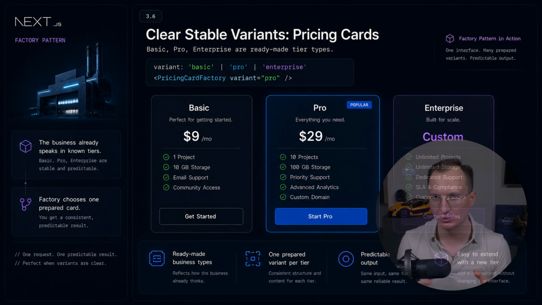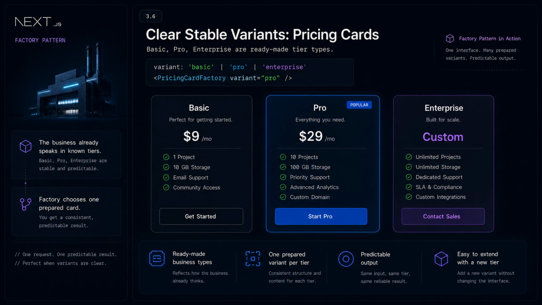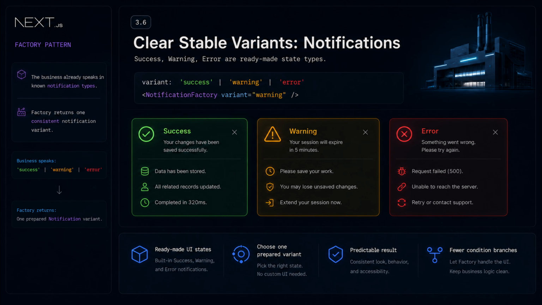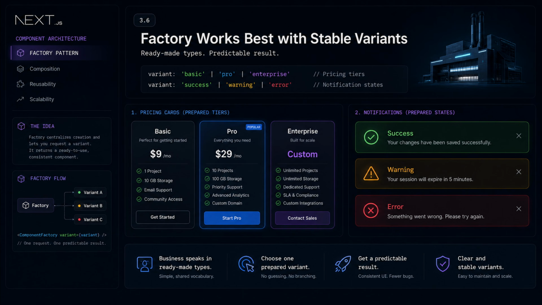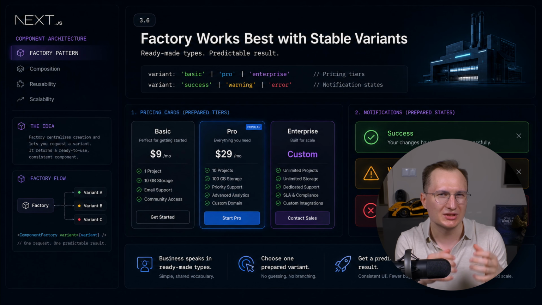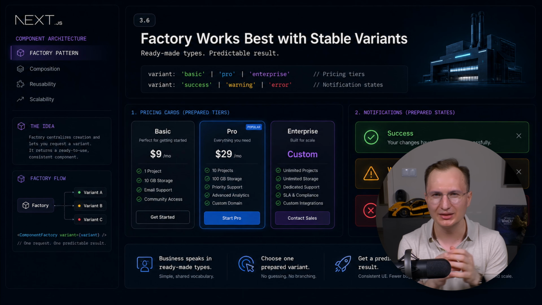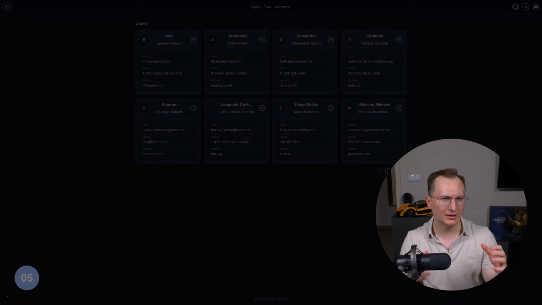And this is where factory works really well. It's great when we have clear and stable variants in advance. For example, pricing cards: basic, pro, enterprise, or notifications: success, warning, error. So scenarios where the business really speaks in ready-made types and we need to choose one prepared variant and get a predictable result. But in our case,